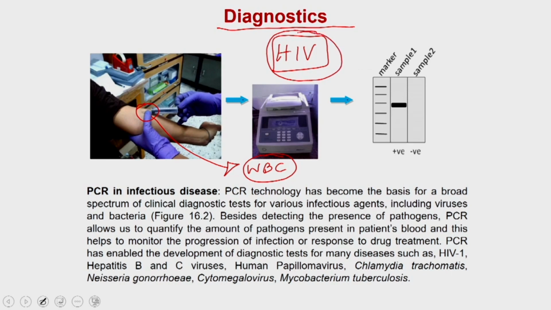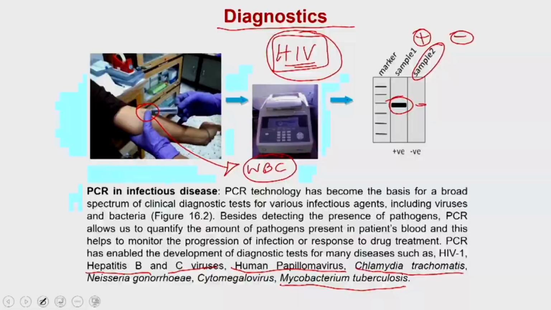So, you have the site specific primers which you can use to amplify the viral DNA, and if the sample shows you a PCR product for the virus DNA, then the sample is considered to be positive. If it shows you a negative result, then it is negative for the particular disease. It could be HIV, it could be viral diseases such as hepatitis B and C, it could be human papilloma virus, it could be Mycobacterium tuberculosis and so on,